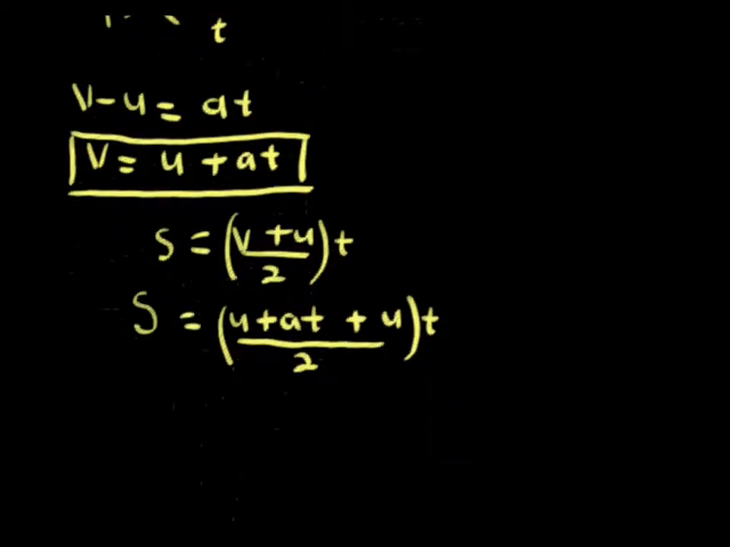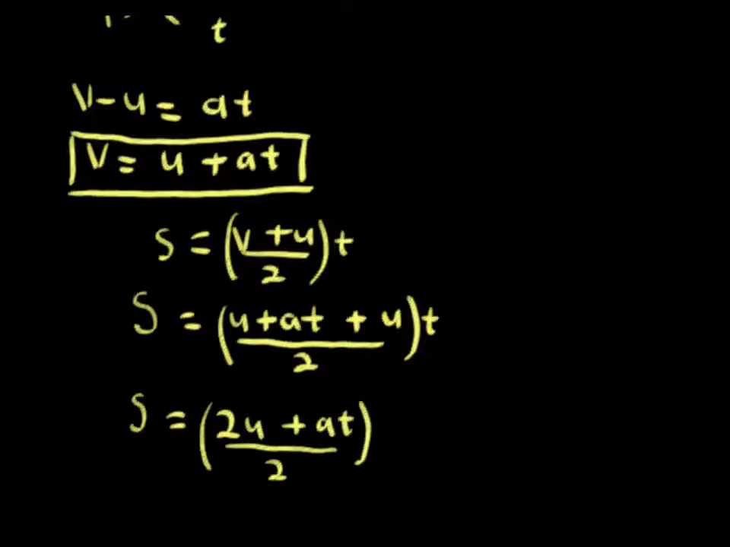Now if we add this u and this u, we're going to have 2u. So this gives us 2u plus at, right? Divided by 2, all multiplied by t. So moving on, this gives us